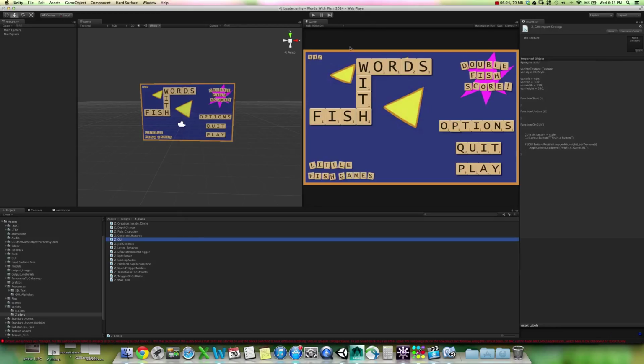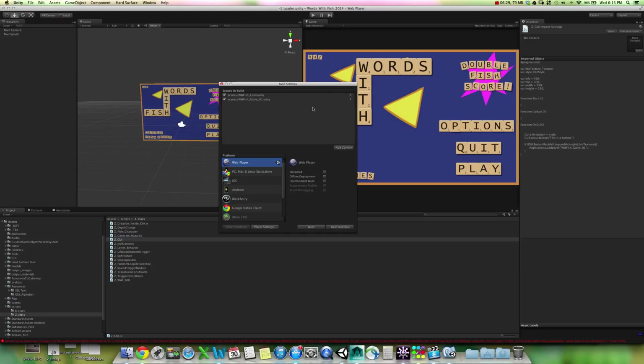So I'm going to go to my build settings here. Okay, so here we have a couple scenes, and I've got one loaded already. We can remove both of these. And I guess it won't get rid of them for us, but that's fine. What I'm going to do here is in scenes, I'm going to click on loader. So as many scenes as you want in here, and I'm going to turn this fish load Unity, and we'll get rid of that one. We don't want to compile ones that are not used in the game, because then it's just wasted space and wasted data. Okay, now that we have these in here, now we can call up application